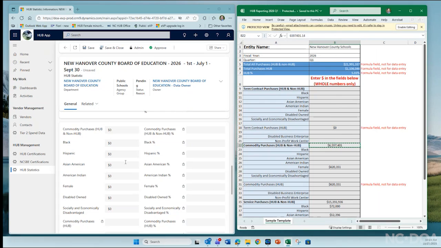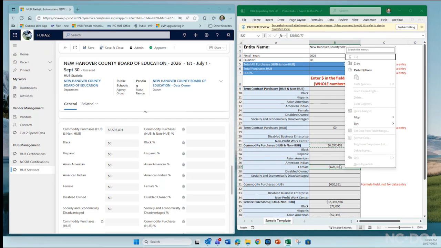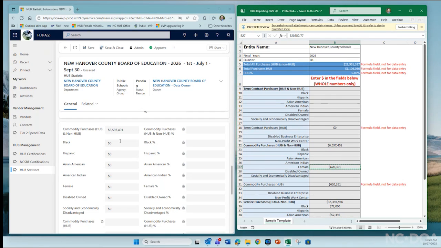We're going to copy that from the commodity purchases hub and non-hub field on the spreadsheet and paste it to the same field in eVP in hub stats. And then I'm going to come back to the spreadsheet and look for where we had values for hub spend. And we had $620,000 in female hub spend showing there. So I'll come back here, highlight that field for female, paste that,